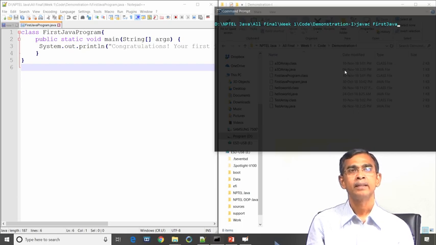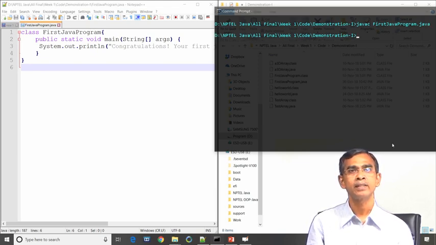The file that we have used to save our first program is first Java program.java. You have to give the name of the file in the same way as the name of the class you have given, and it is case sensitive, so be careful about that. This is the example here: javac, we have invoked the compiler to compile the program first Java program.java. Now, let us compile it.